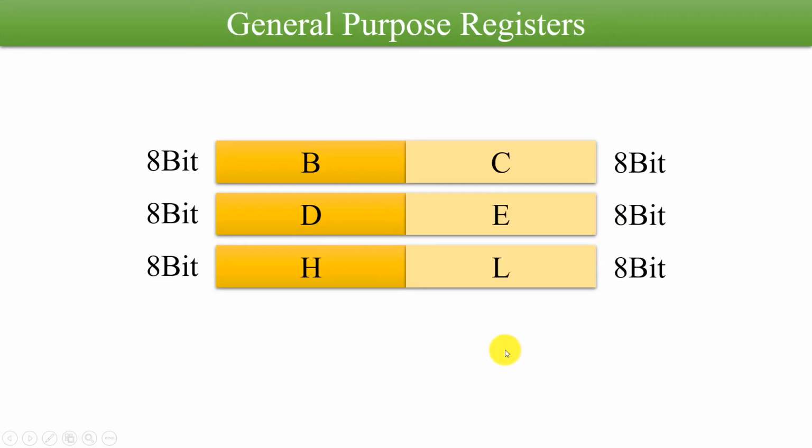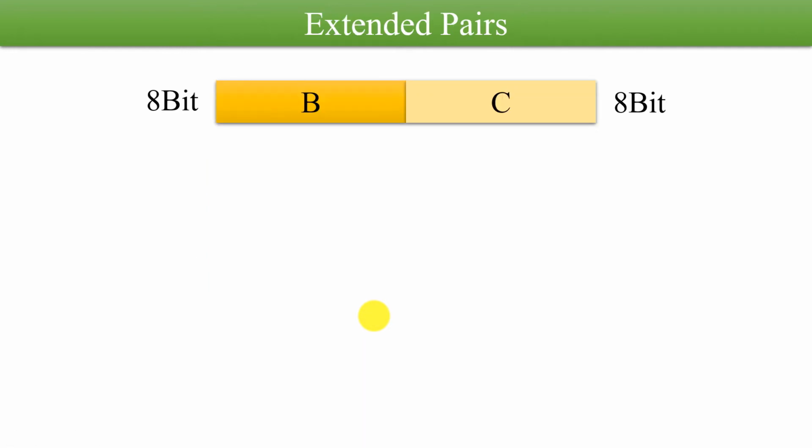Then we have the general purpose registers B, C, D, E and H, L. They are all arranged in a particular form and all of them are 8-bit registers. The accumulator is also an 8-bit register. So all these registers are 8-bit registers. They are capable of holding 8 bits and they are general purpose registers. So they will hold the operand of various operations you want to perform, and you can temporarily use them to hold the results also.